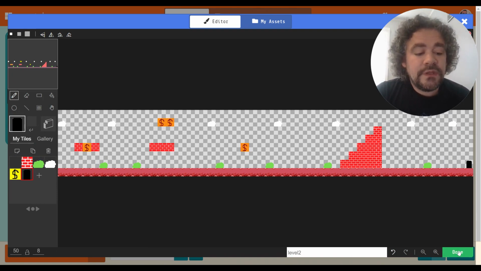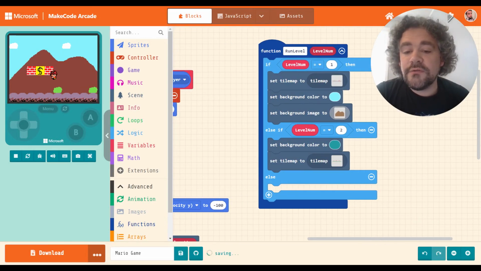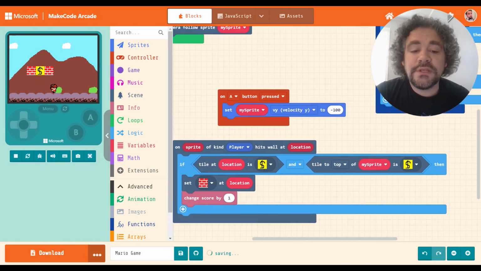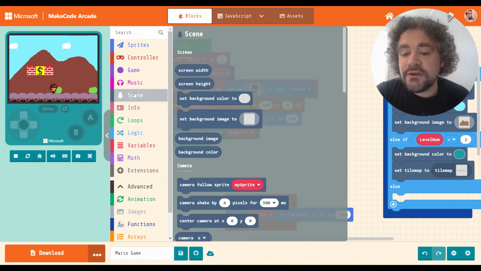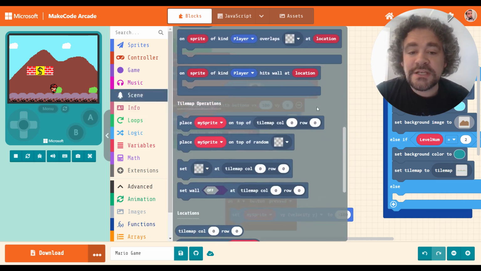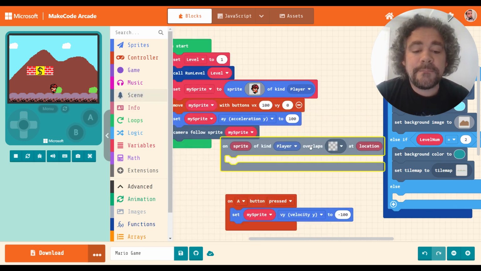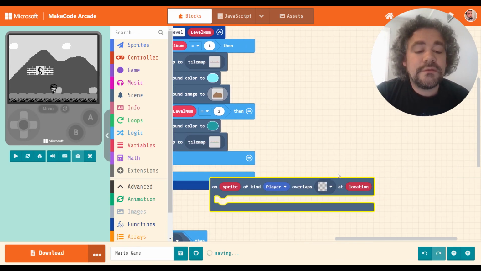All right. So now what I need to do is create an overlap code for that tile. So I have overlap codes for when he hits the wall. I don't have anything right now for this scenario. So let's go to the tile map section. And when the player overlaps with, and I got to put that in there, right? So when the player overlaps with,